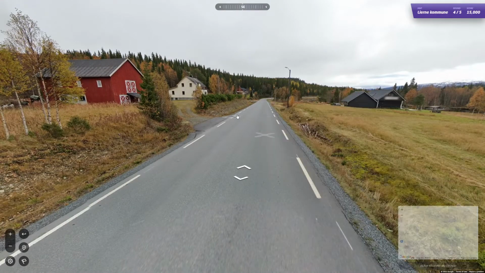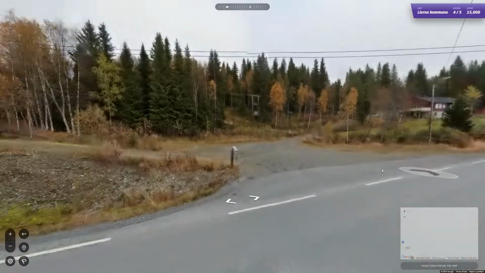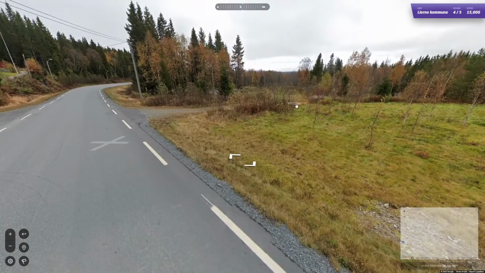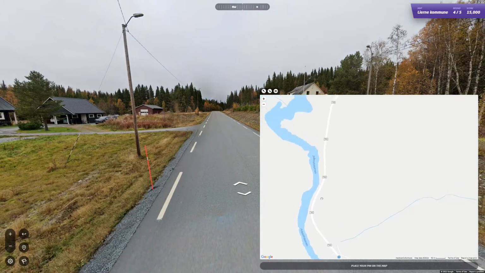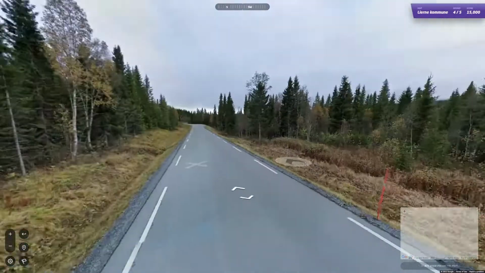Now I need to see this road down here. Splits like this one does. And we also have that. Okay, so we are in this area. So that just means I got the bend wrong. So,